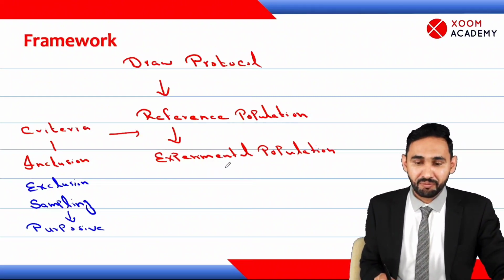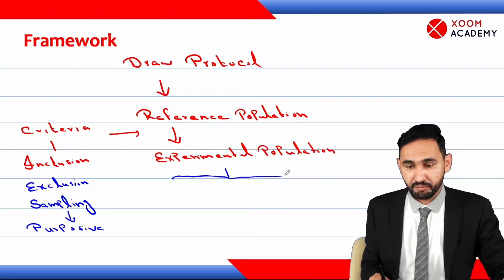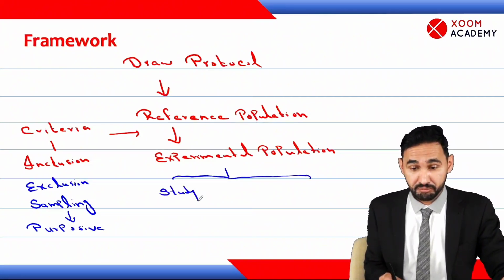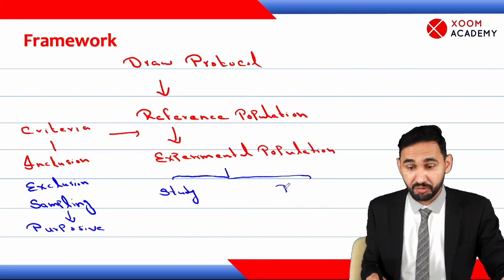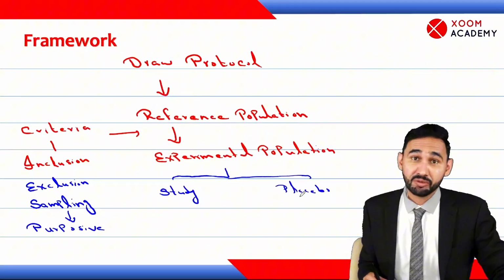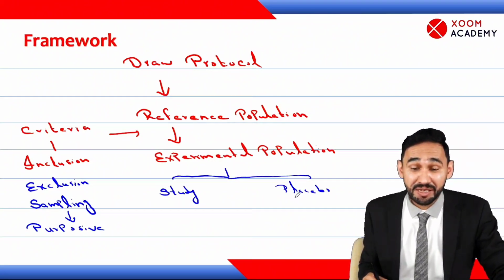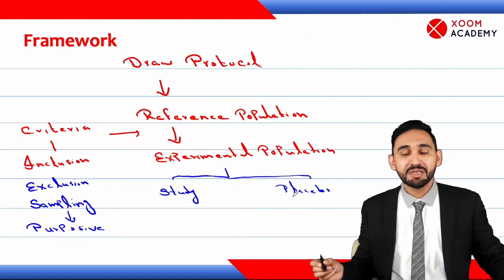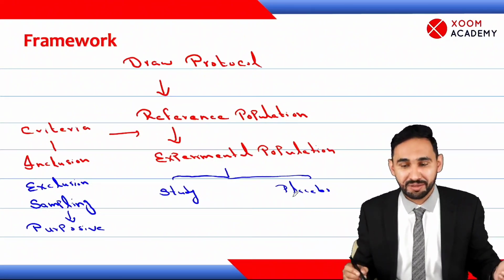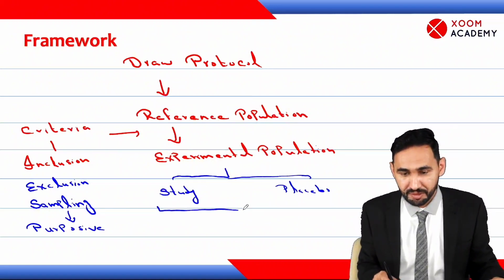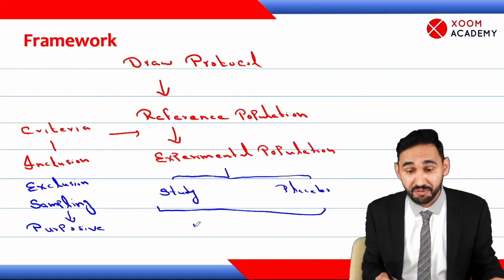Then we will divide this population into two groups. Which groups? Number one, the study group, and the placebo group. We'll do intervention on the study group. We'll give a placebo, a dummy drug, to the other group to see the comparison. But how is this population subdivided into two groups? We'll do randomization. This population is divided into two groups on the basis of randomization.